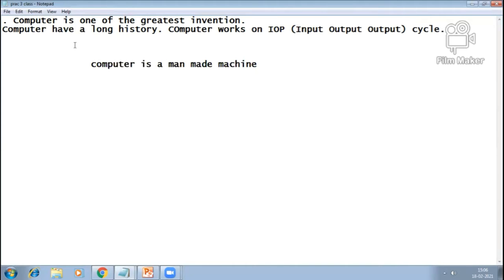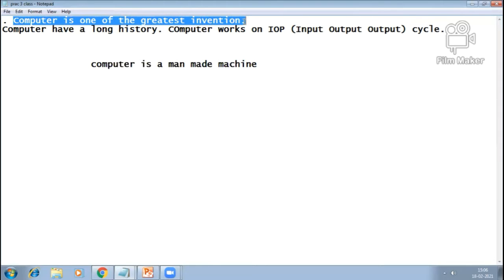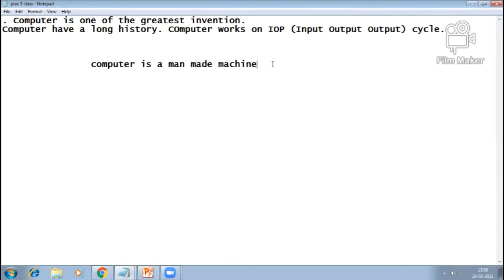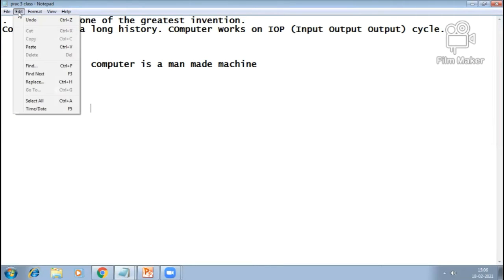Now we are going to revise the copy option. First, we have to select the matter which we want to copy, then go to the edit menu and choose the copy option. Then we move our cursor to the desired place and use the paste option from the edit menu.